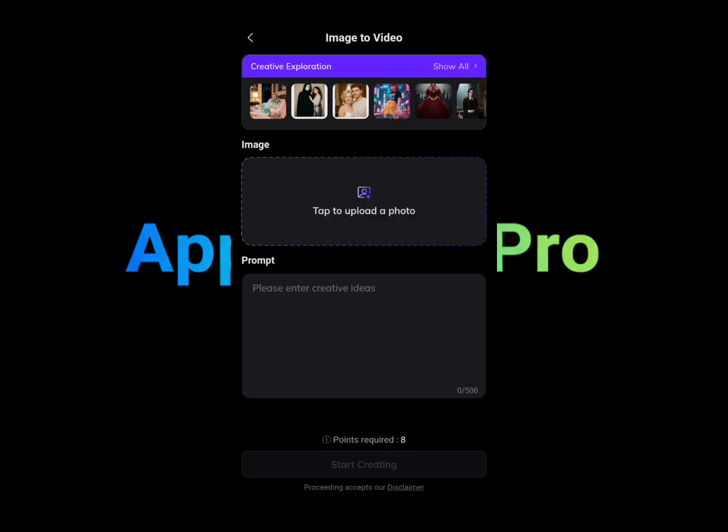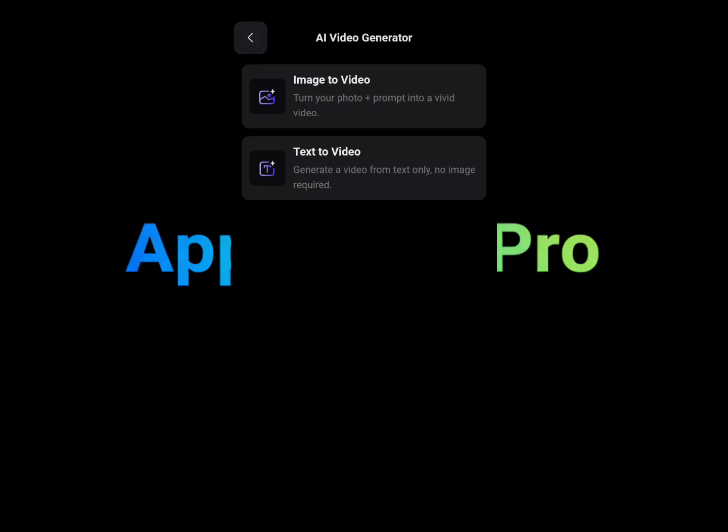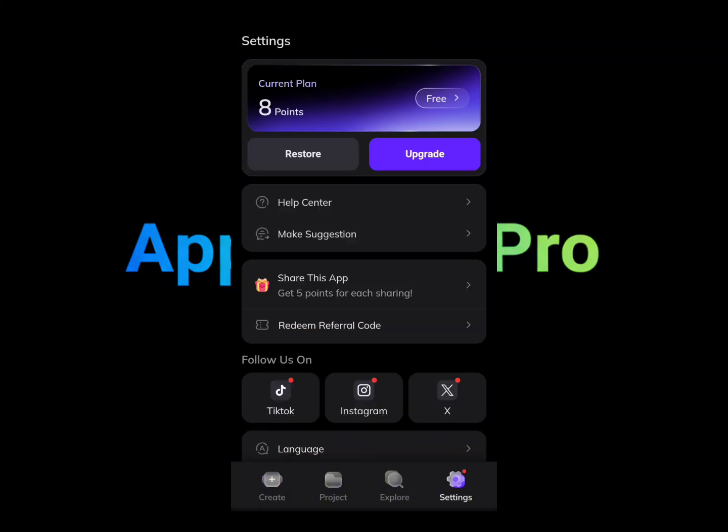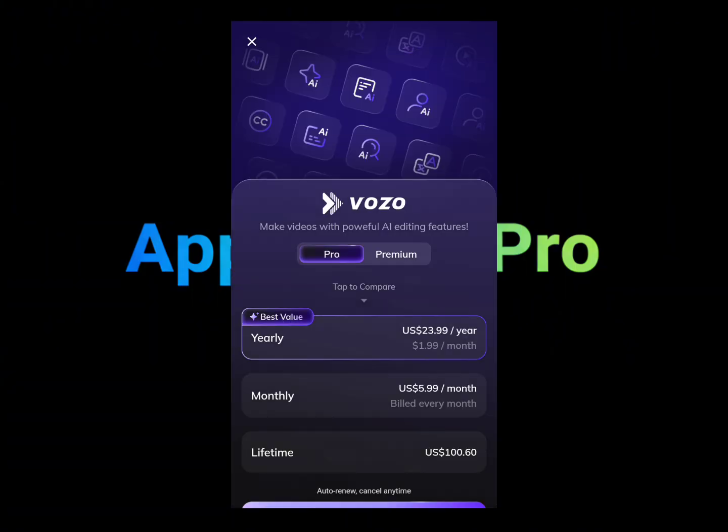So as you can see here, down here it will tell you how many points are required for you to use any one of these features on the application. It does tell you before you even use it, and then you will be seeing the start creation at the bottom. So if you don't have any points, you may need to get a subscription to get points. You can tap on the